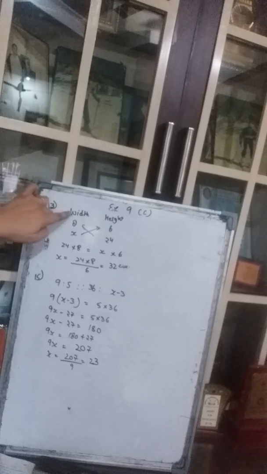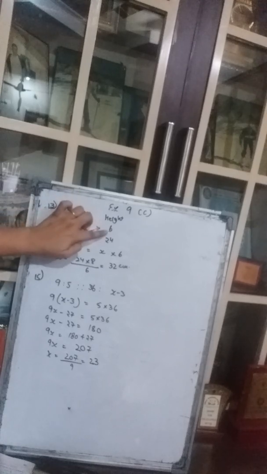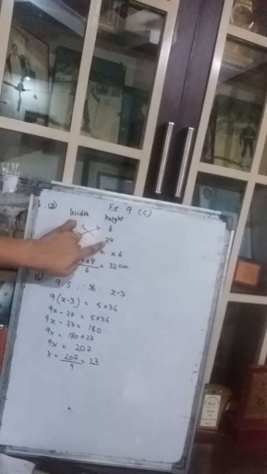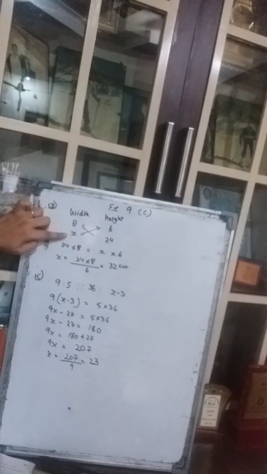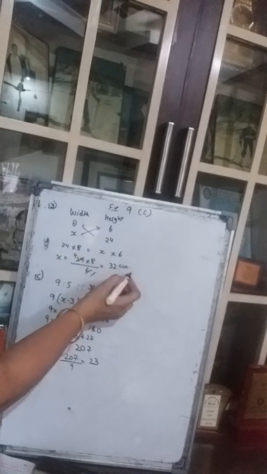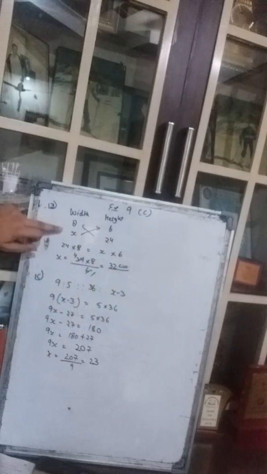Now girls, let's do the 13th question. It says that Mohit enlarges a photograph that is 8 cm wide and 6 cm high. There is an original photograph where the width and height are given to you. Width is 8 cm and height is 6 cm. Right? Originals are these two. Then he got it enlarged, made it bigger. If the height of the enlarged photograph is 24, but we do not know its width, let's assume it to be x. Do the cross multiplication and you will get x is equal to 6 fours are 24, 4 8s are 32. 32 centimeters is the enlarged width.